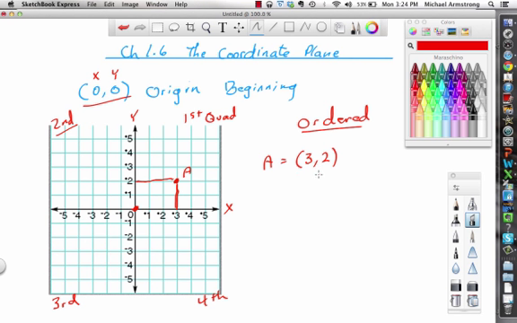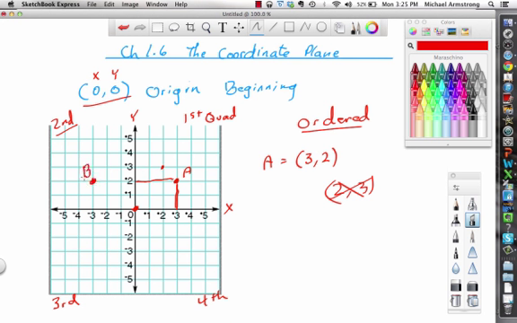But some students get these backwards and they might write 2, 3 down. But that is wrong, because it's always an ordered pair. The x comes first and the y comes second in order. This 2, 3 would actually be this point where you went over 2 and up 3, and it's a whole other point. Now the reason we have 4 quadrants is because if I choose a similar point over here